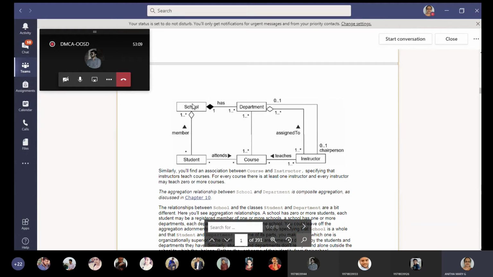If we just see this, a school and student. Student is the part of a whole. That's why we are giving aggregation. And aggregation is a type of association, so all the adornments we give for the association can be given for aggregation too. Here we can give a name to this aggregation: student is a member of school, and also the direction.